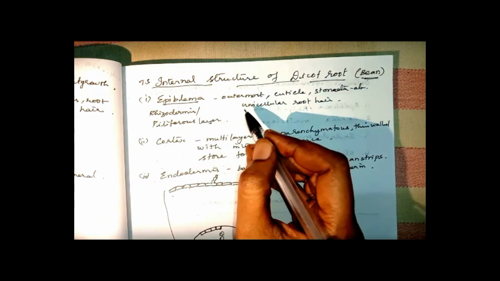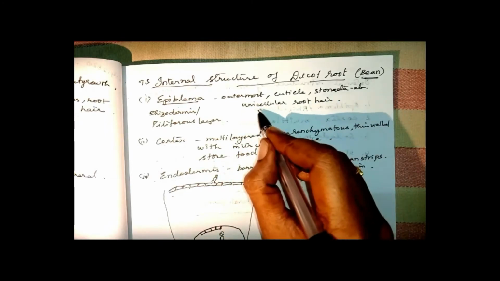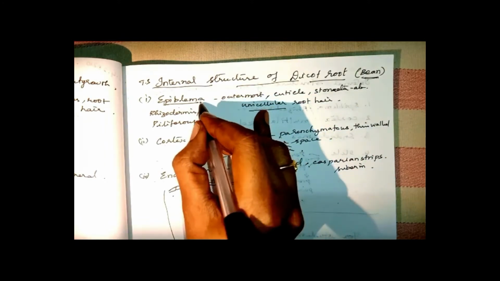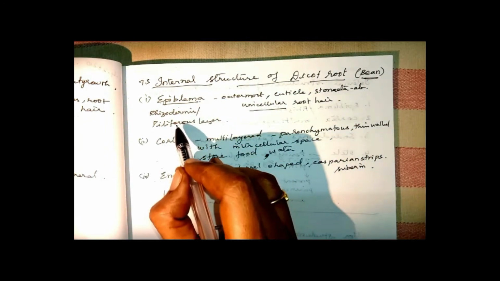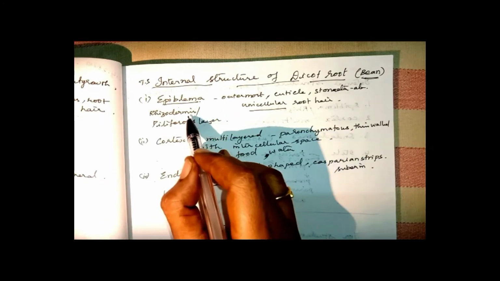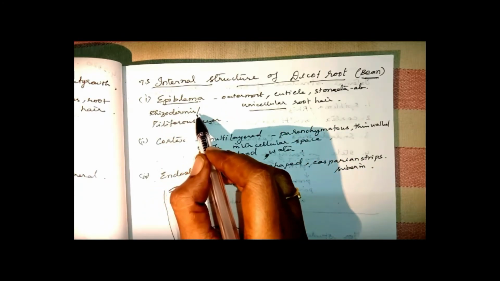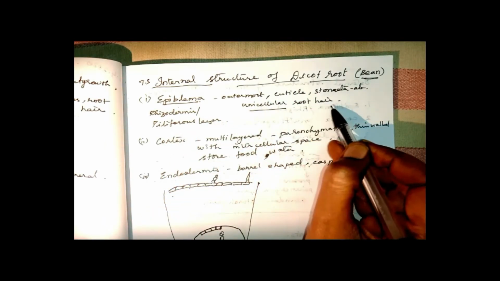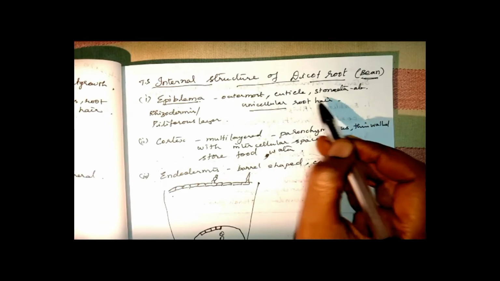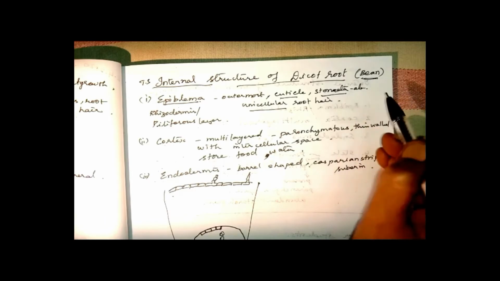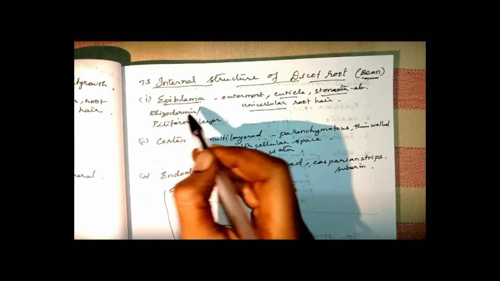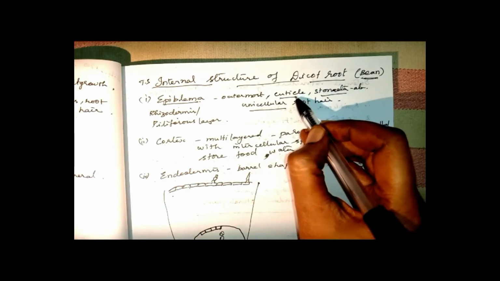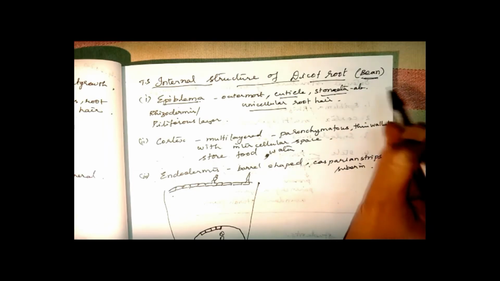So it consists of root hairs. Root hairs are unicellular and they are present in the outermost layer, which is called epiblemma, and it is otherwise called rhizodermis because they are present under the soil, and piliferous layer because they have many unicellular root hairs to absorb the water and minerals. So cuticle and stomata are absent in the case of rhizodermis because they are present under the soil. There is no need of cuticle to check the transpiration, nor stomata for exchange of gases.